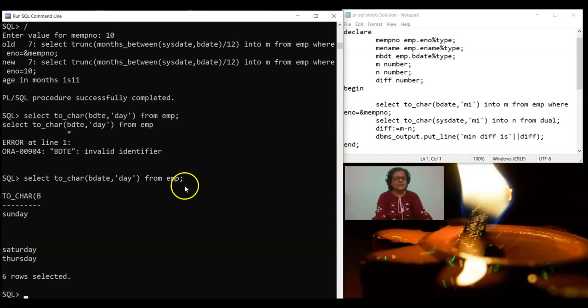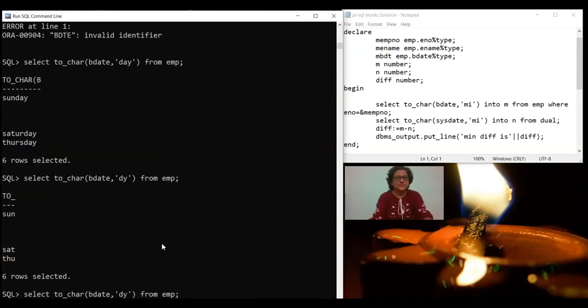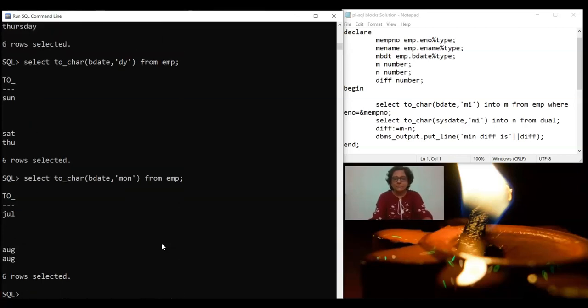Then you can give the command, I'll press the up arrow key. If I write dy, it would give me the first three letters. In the same manner, if I write mon, it would give me the month, but the first three letters. If I write month, it would give me the full month name.